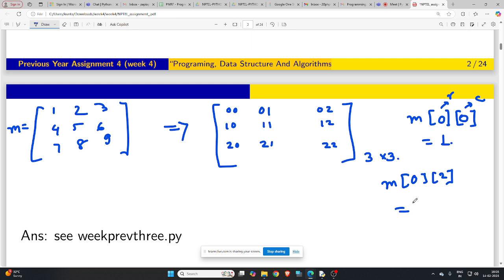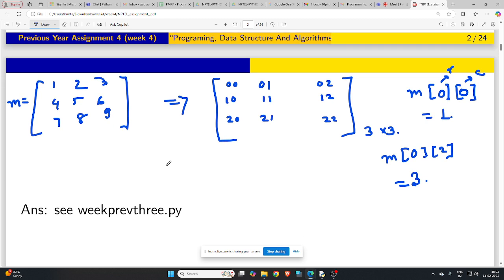M02 will come as 3, right? Yeah, so it is the 0th row and second column. So 0, 1, 2, 0, 1, 2, like that. So M02 is 3. Now you can see, after doing the 90-degree rotation, the matrix is becoming as